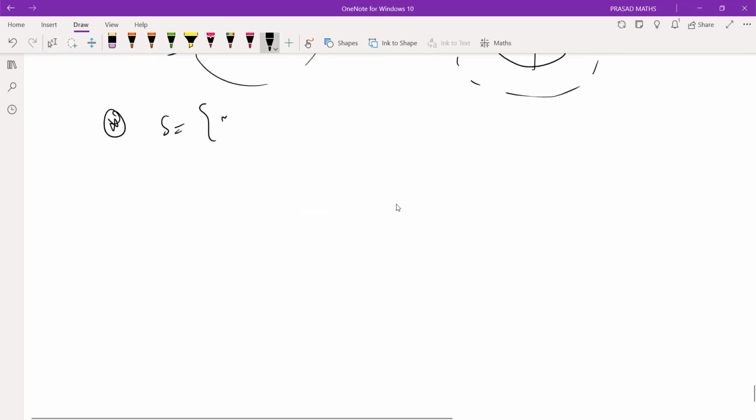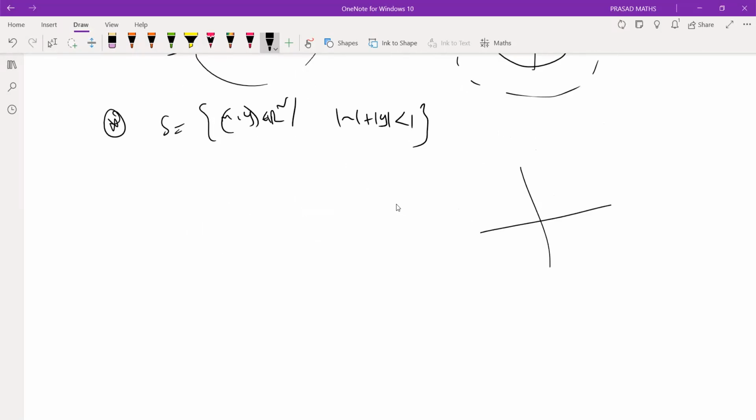Suppose I take R2 such that mod x plus mod y is less than 1. Or else, yeah, you can take this. Is it bounded? Yes, sir. Actually what? A rhombus, an open rhombus. So my radius, suppose I take radius 2, or you can take 3, nothing wrong. My center is 0 itself. This open ball contains S. Therefore